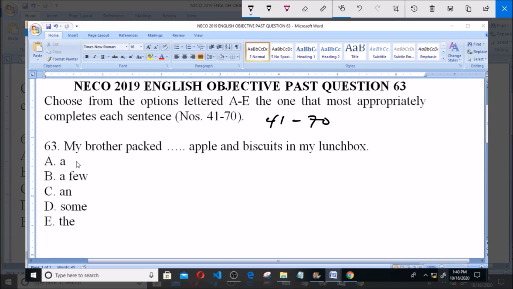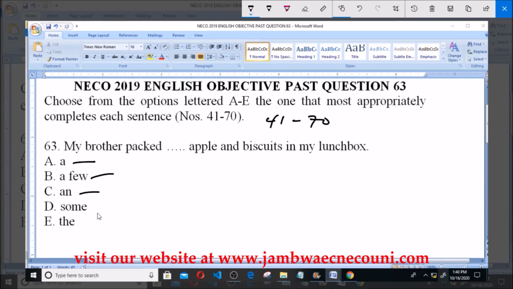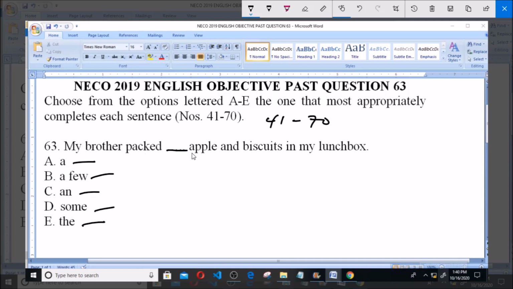Option A says a. Option B says a few. Option C says an. Option D says some. Option E says the. Now we cannot use option A because the word that follows the space here is apple, and by the rule of grammar